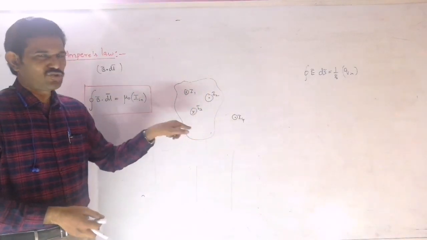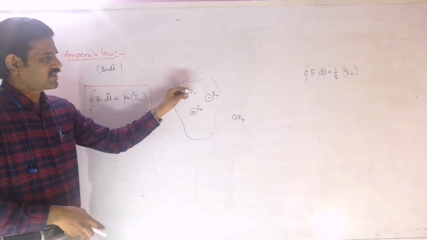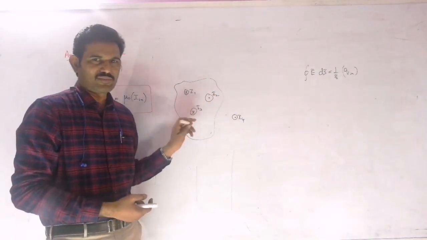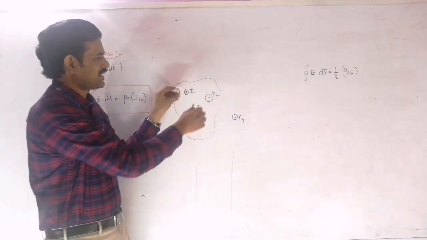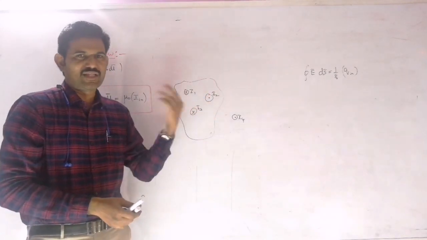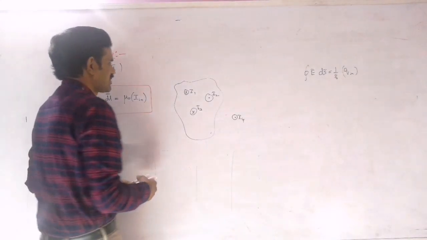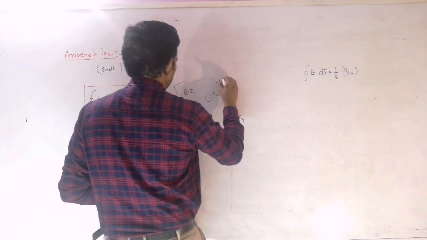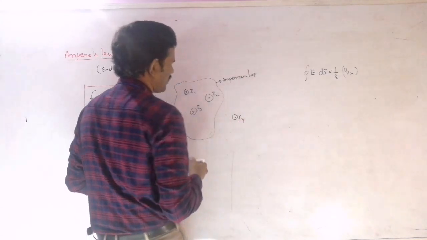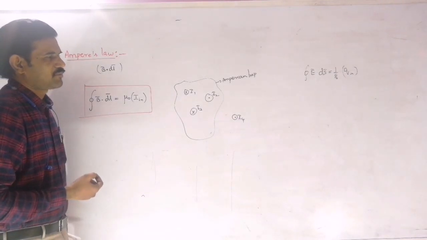These dots and into marks I am showing, you know the meaning of the dot and into mark. Into mark means the current carrying conductor is perpendicular to the plane and it is carrying current into the plane. This dot is out of the plane. That is the meaning of the into and dot. So current carrying conductors are perpendicular to this plane. So this closed path, that loop, is the path along which we are applying Ampere's law. So this is what we call the Amperean loop. The Amperean loop is nothing but the path along which we are applying Ampere's law.